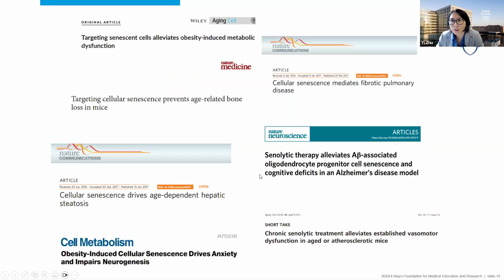And after we discovered a series of senolytics, multiple independent labs tested the efficacy of senolytics in their preclinical mouse models for all kinds of diseases, such as obesity-induced metabolic dysfunction, age-related bone loss, liver steatosis, Alzheimer's models, and IPF models. So in all kinds of preclinical models, they all showed very promising beneficial effects of the senolytics. So carrying with us the success of the preclinical testing,